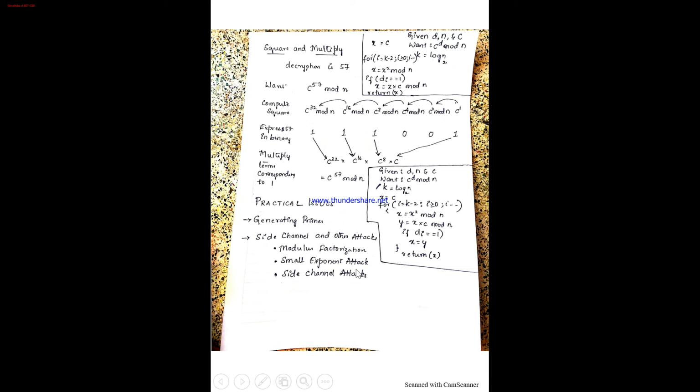And the small exponent attack. You all know the exponent, when it comes to the public key, usually it will be a very small number. So if I manage to attack the channel and get three ciphertexts, I can simply go with the brute force technique, where I'll apply small numbers to raise to, and mod n1, n2, n3. Say like c1 raised to 3 mod n1, c2 raised to 3 mod n2, c3 raised to 3 mod n3.